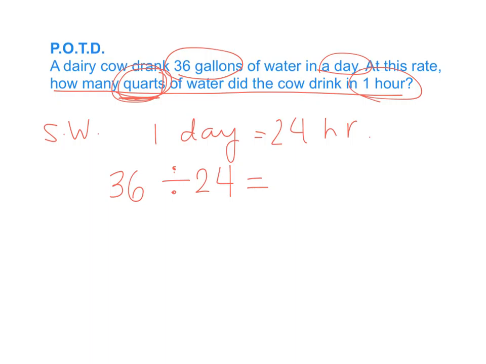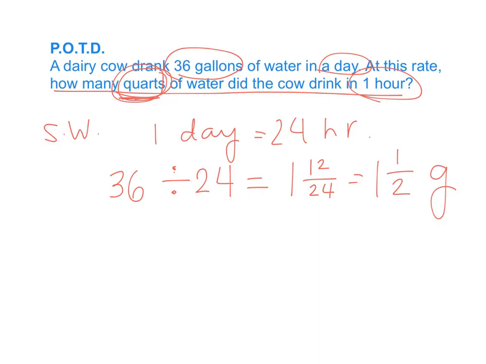Okay, so when you did 36 divided by 24, what did you get? I got 1 and 12 over 24, but 12 over 24 can be simplified to 1/2. Okay, 1.5. What's the units that we're using right now? 1.5 gallons. Okay, go ahead. Hold on 1 second. That's 1.5 gallons per what? Per hour. Okay. But if you see they want it in quarts,